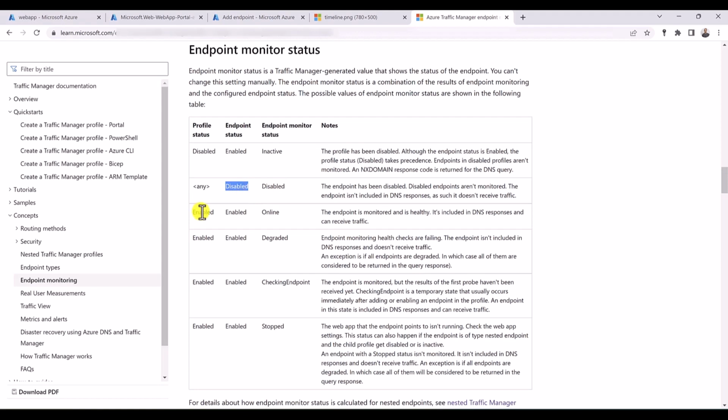Now, when we have the profile status enabled and the endpoint status enabled, this is the happy scenario. The endpoint monitor status is going to be online. This is the perfect scenario for us. And also, when we have our profile status as enabled and the endpoint status as enabled, but the endpoint monitoring